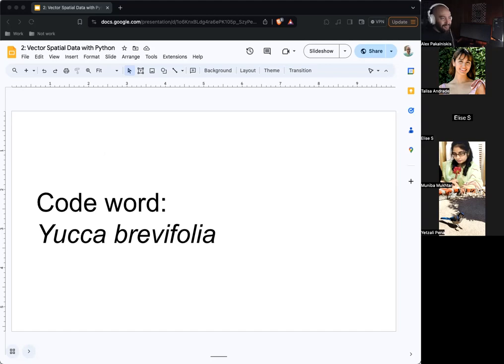And is this a scientific name for a plant? Yes, exactly. The Joshua tree. So I live in 29 Palms, which is right next to Joshua Tree National Park. And so that's going to be the theme for many of these code words throughout the semester, the plant life, maybe the bird life of my surroundings. Also separately, if any of you are ever in the Joshua Tree area, hit me up. Let's get coffee. Let's chat, GIS, whatever. Happy to connect.